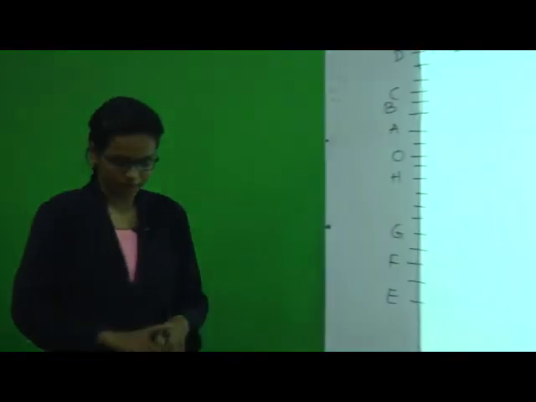In the previous class we have started lesson number 6 and solved many examples from exercise 6.1. Now we will be continuing the sums from exercise 6.1. As we know, we have seen the integers: the set of whole numbers, natural numbers and negative numbers is called integers, and integers is denoted by Z or I. So let us continue exercise 6.1.